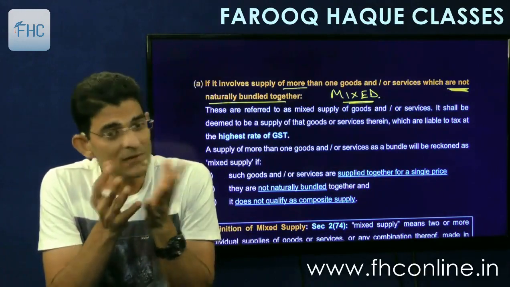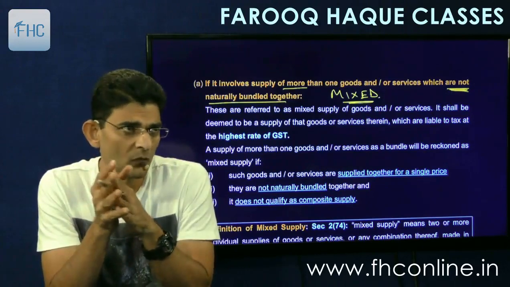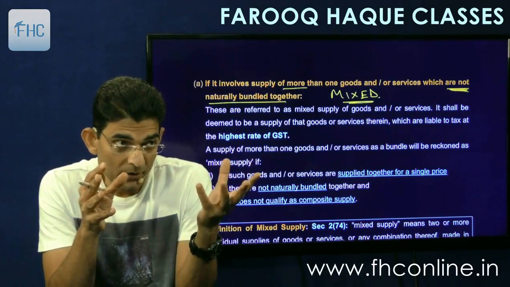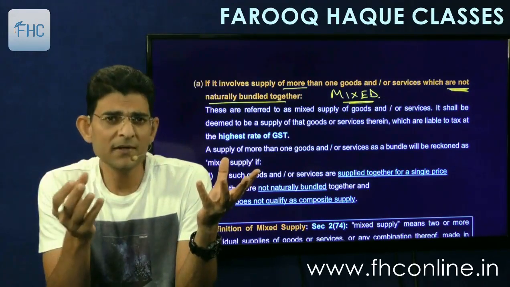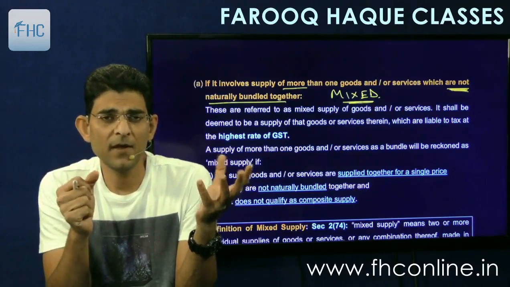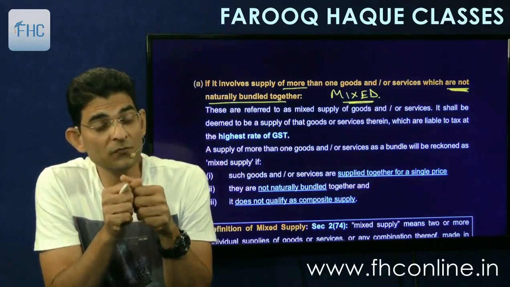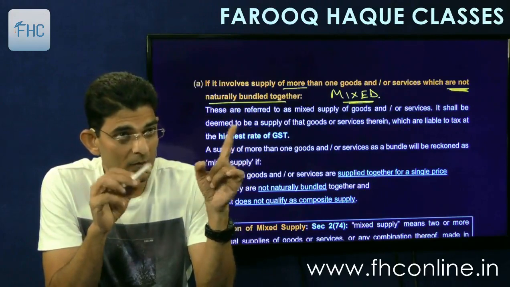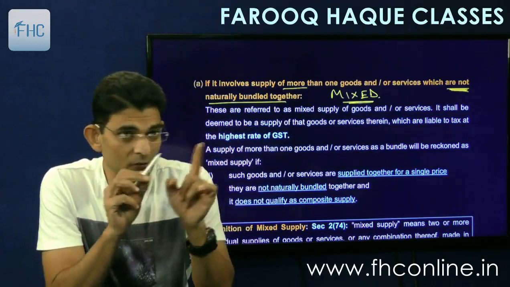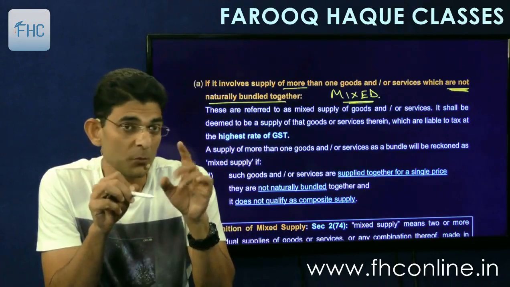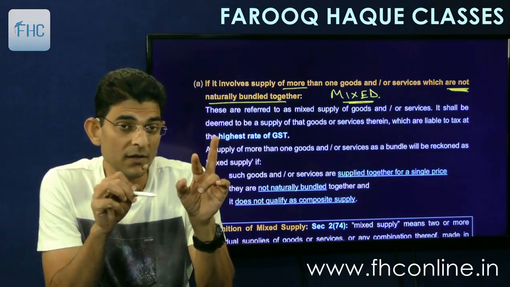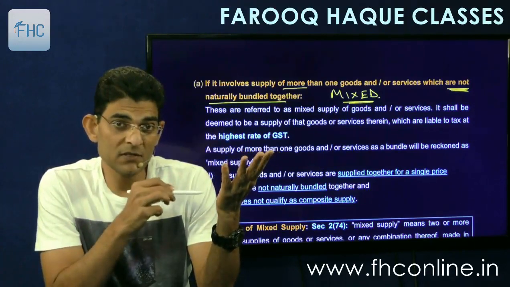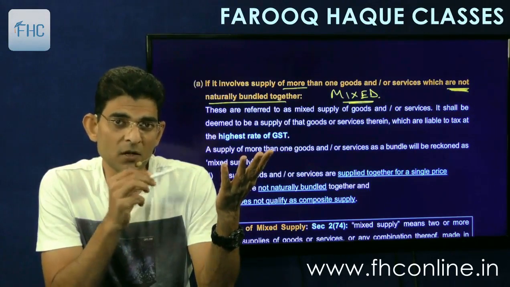Now mixed supply examples can be taken as: you come to my shop and you buy idli sambar as well as paneer butter masala, and I quote a common price. Instead of billing them separately, I don't have to make separate bills, but in one bill I'll mention idli sambar 210 rupees, paneer butter masala 400 rupees, total so and so. And suppose the rates applicable are different for these two products, then we can apply different rates because we know the values separately. So at the bottom I'll write CGST, SGST, whatever, on idli sambar so much and on paneer butter masala so much.